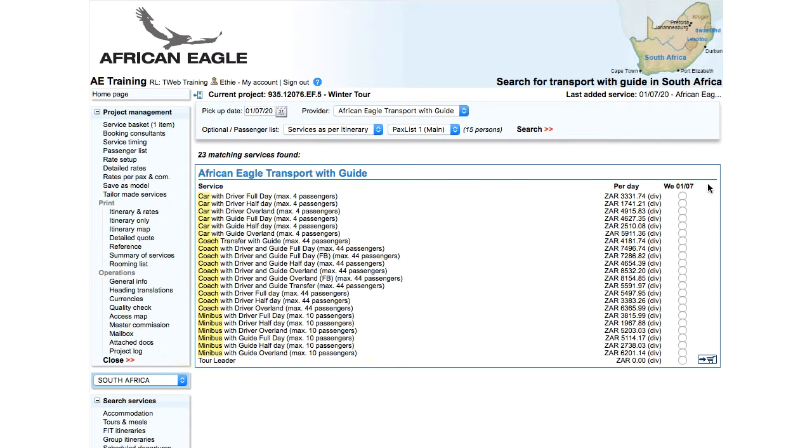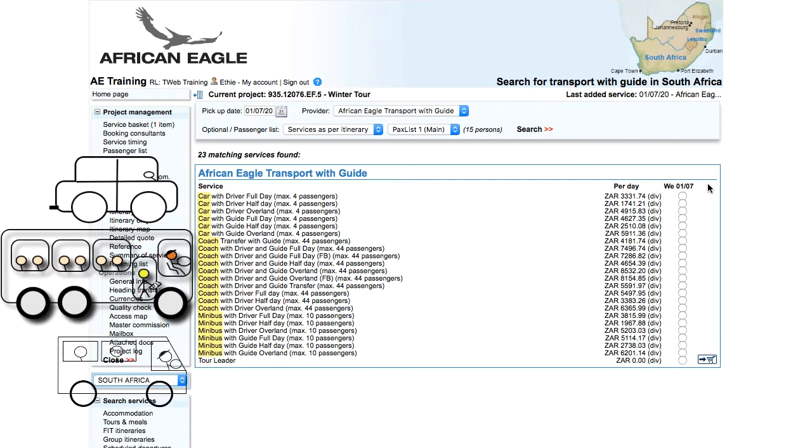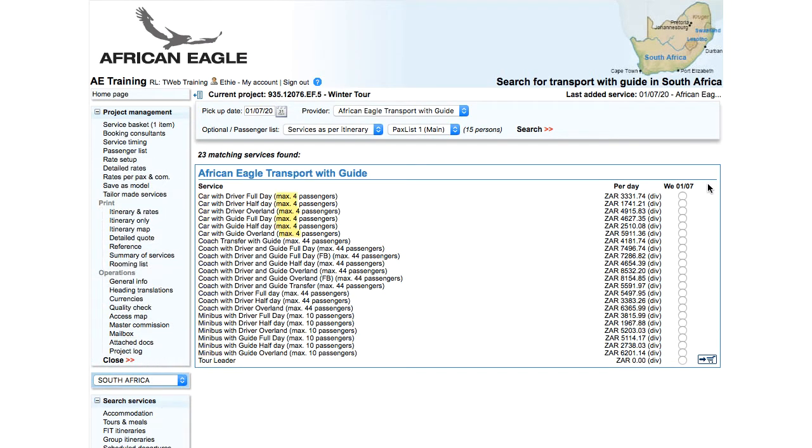length of day. In terms of the type of vehicle, car, coach or minibus, the choice depends on the number of passengers. Up to 4 can use a car, from 5 to 10 can use a minibus, 11 or more passengers use a coach. For driver and guide setup, driver, guide or driver and guide, the choice depends on the